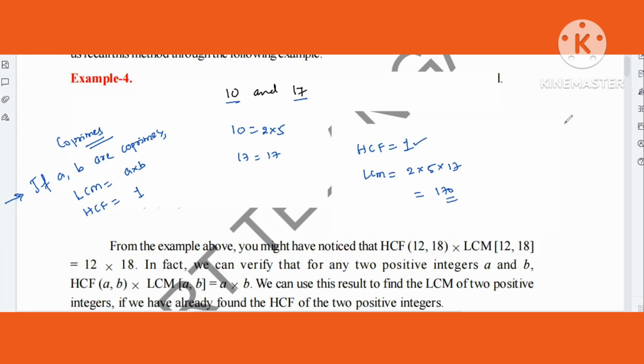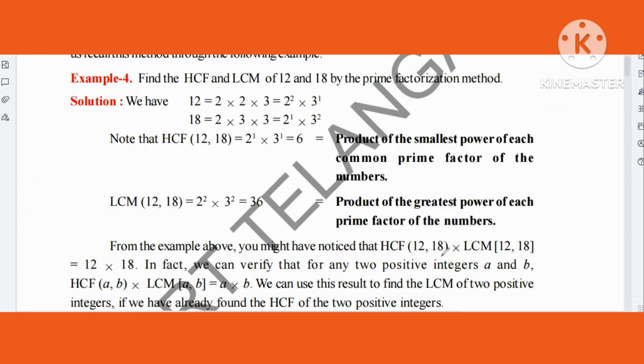Okay, if you are given two primes, the same, 3 and 5. 3 can't be written as a product of primes because it is already a prime number. Okay, 5 also. So here HCF is 1 and LCM is 3 into 5, that is nothing but 15. Okay, so here you have been given some questions in the exercise, you can do them easily, and the example is also